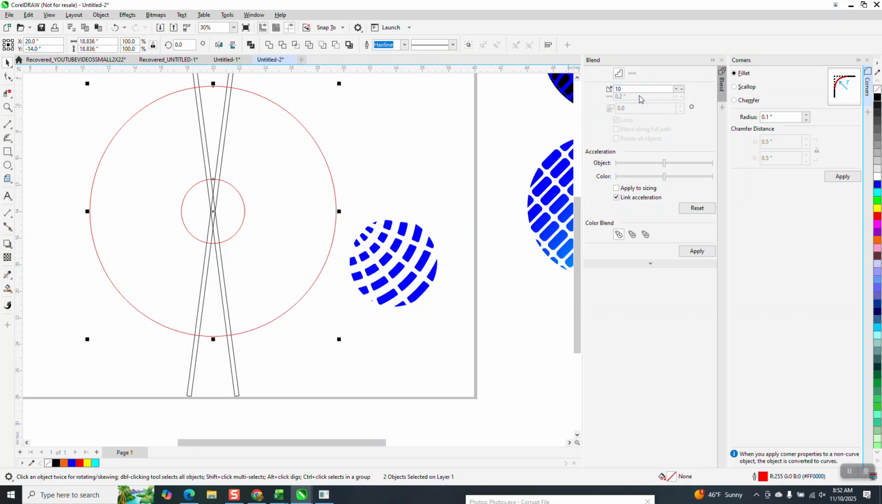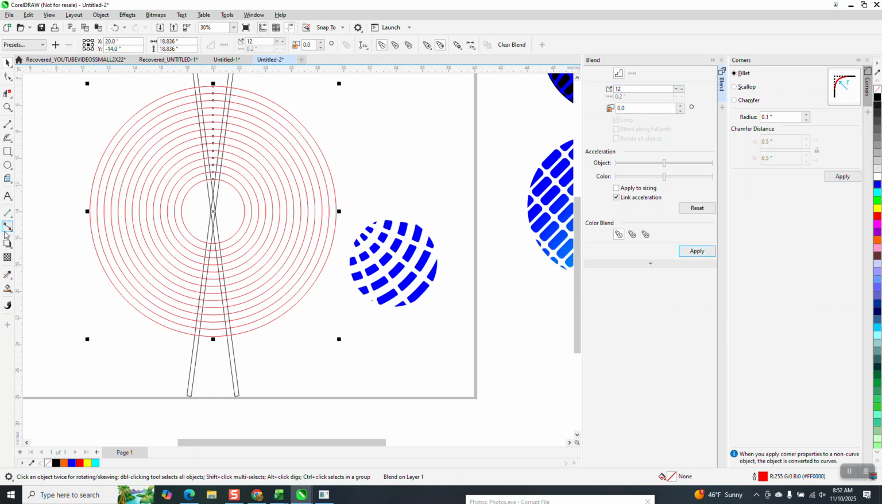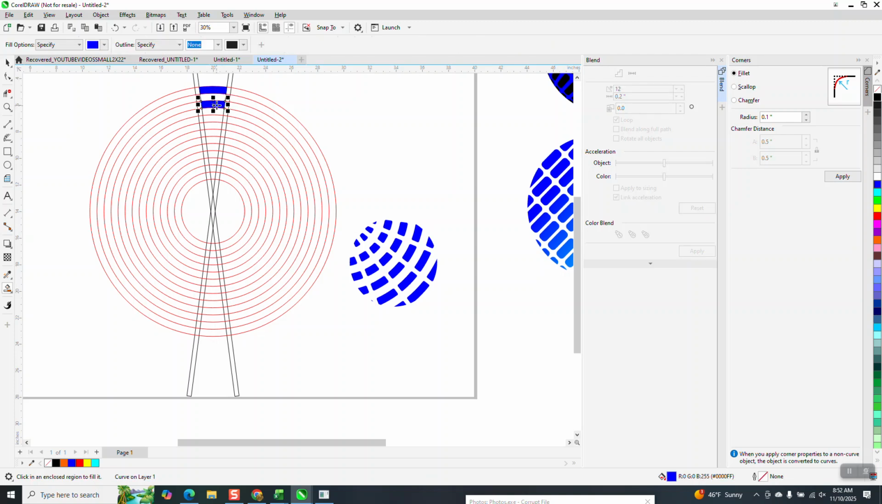I still got my blend docker open. I'm going to blend it like, let's try 12 times and see if that's going to make any difference. That last one is the one that's going to give me a problem. You know, one thing we could do, let's try this. Let's try